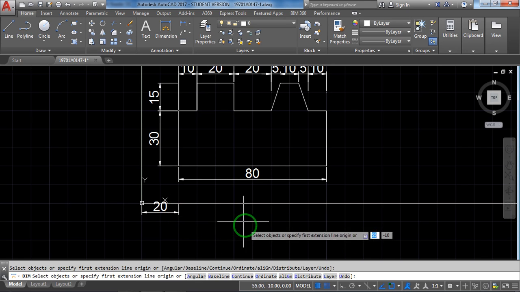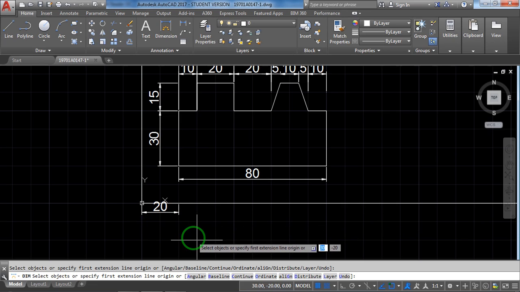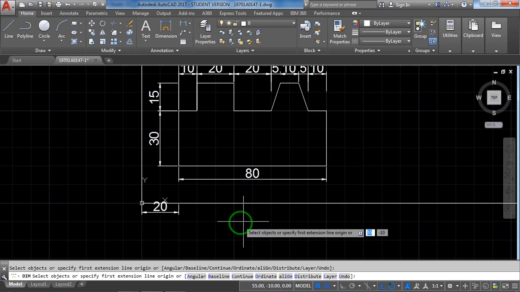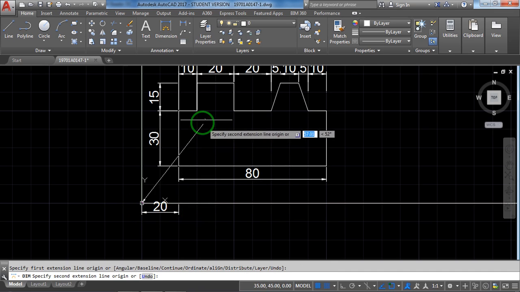Enter. First is 20, second point where it is actually P11, this one here 30. Now select the same, right? I am not entering the command. Actually once I enter, second it will be in the same dim command. Again it asks specify first point, specify second point.